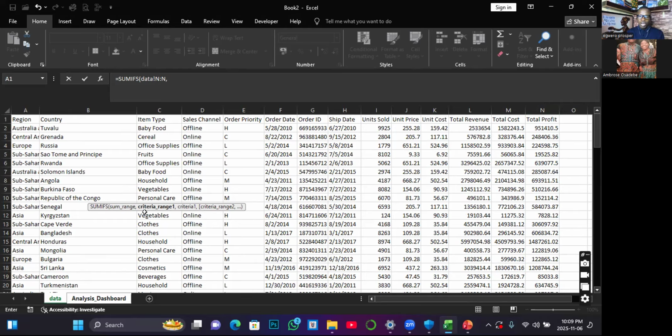From the question, we are to summarize total profits per item type. So item type is the first criteria, so we need to capture the entire range. Where you have your item type is column C. So I'll take that and then comma. So the criteria 1